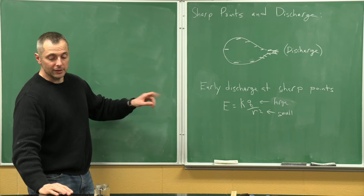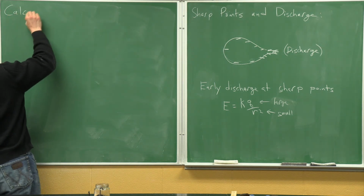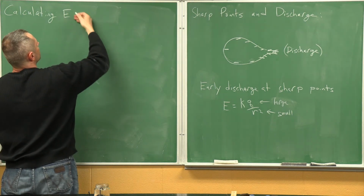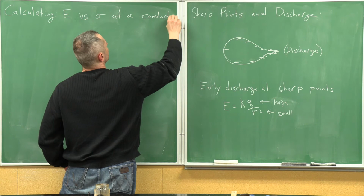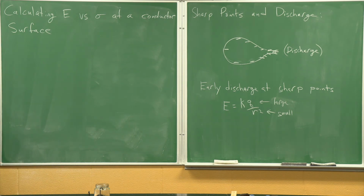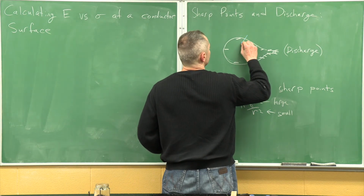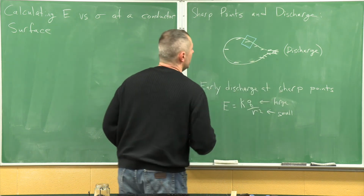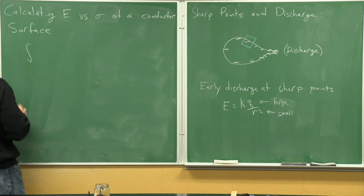By the way, if you didn't copy that down yet, let me create a little pause. All right, so what I'm going to do is use Gauss's law, but I need to imagine the right kind of Gaussian shape. So my Gaussian shape will be like this. It could be a box or it could be a cylinder, it doesn't matter. Some of it is inside the conductor and some is on the outside, so it cuts off a portion of the surface. And Gauss's law for this surface then